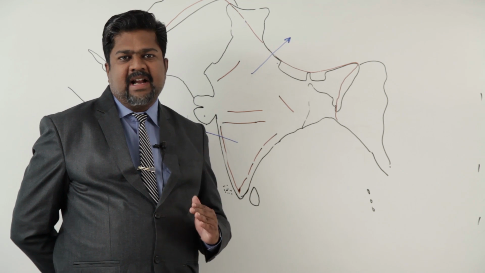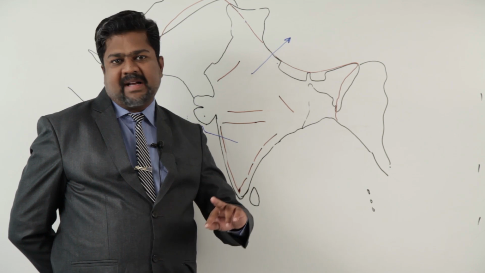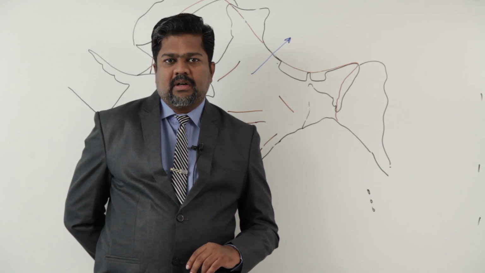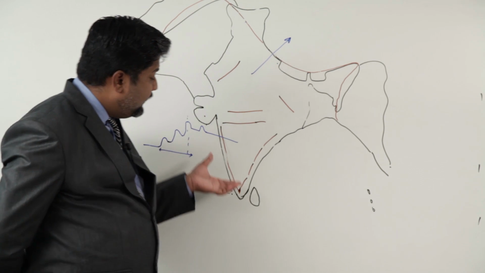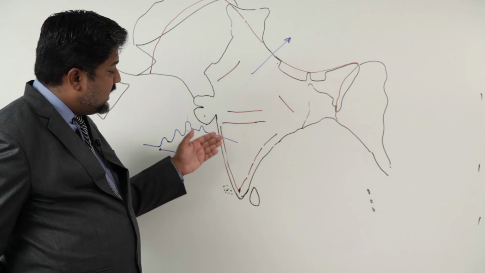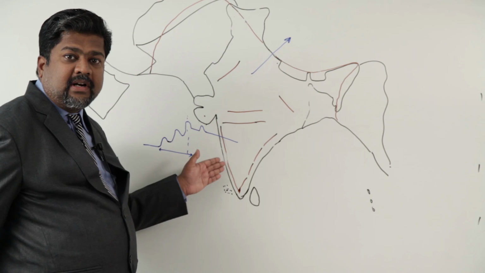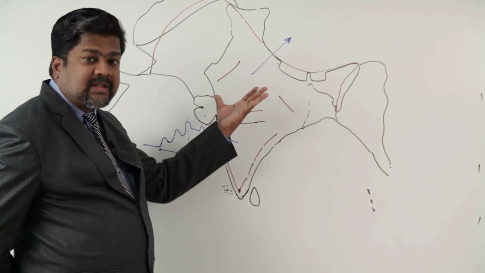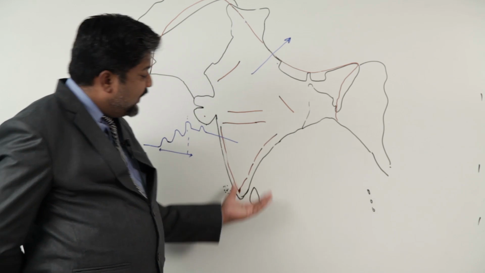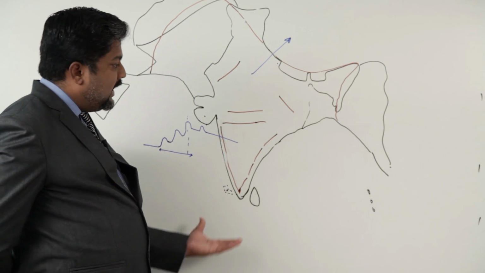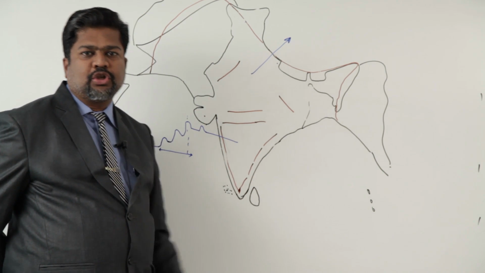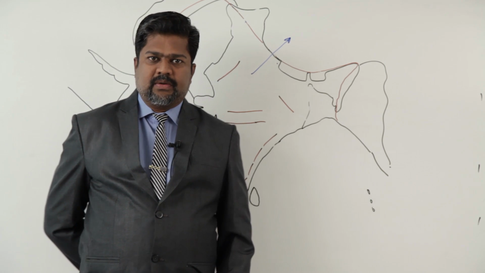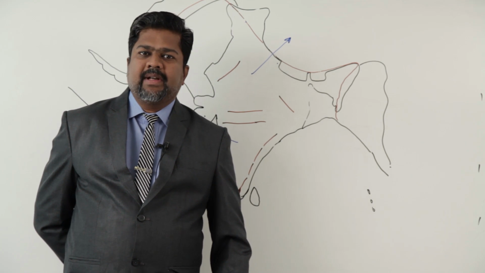Particularly Madagascar island, Malagasy or Madagascar, that island of Africa and India, that was connected. The Konkan territory of this part was connected, supposed to be Madagascar. And then this land started moving towards north side. When this land started moving towards north side, there was a weak portion of earth crust where continuous volcanic eruption